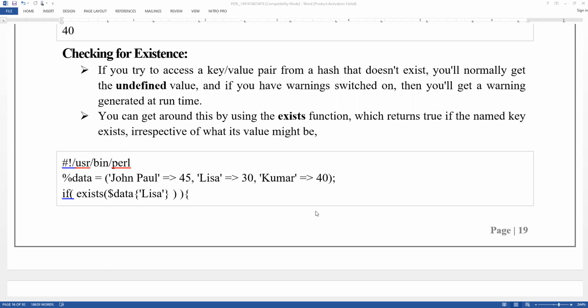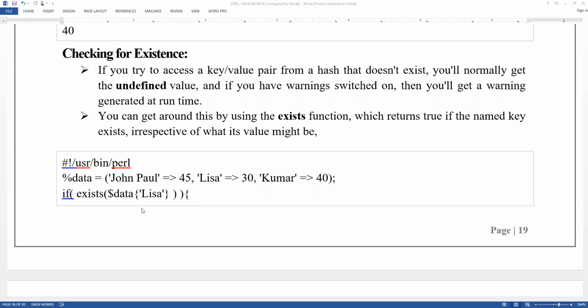So I'm checking whether Lisa is present or not. For that, if exists $data{Lisa}, because these all are variables, so I'm taking $data{Lisa} and checking whether it exists or not.